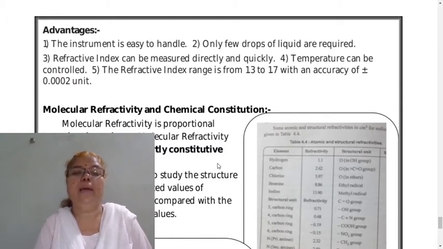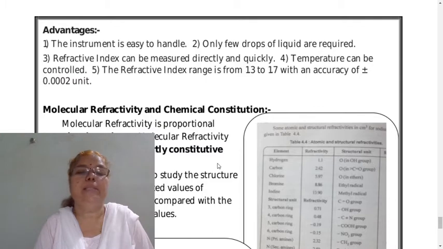And the last point of this chapter is the molecular refractivity. It acts as an additive and constitutive property, and this property is used in the determination of molecular structure of the